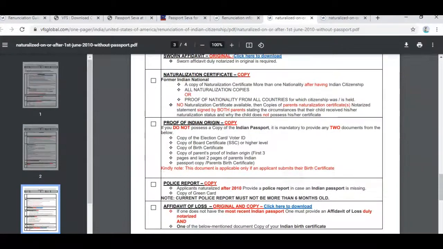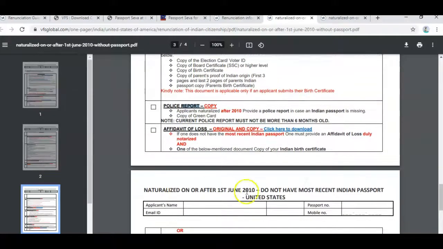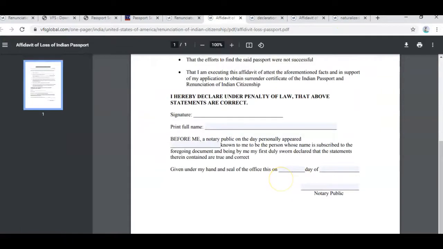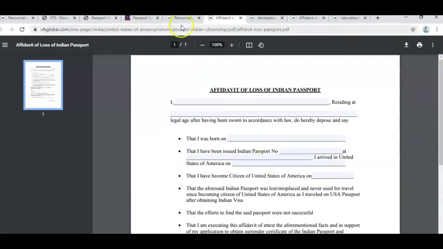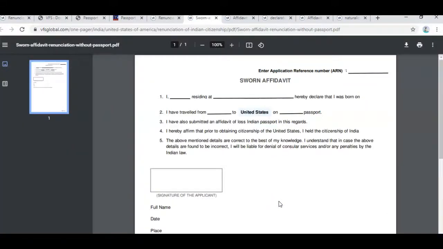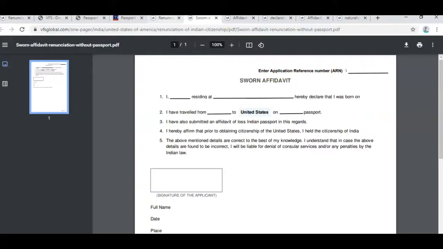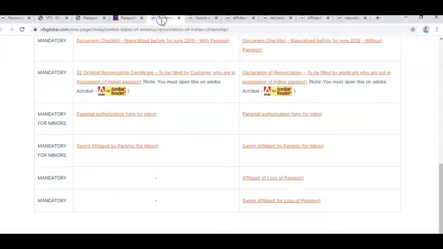Proof of Indian origin: if you have a copy of the passport, you can enclose the copy, or a birth certificate or any of the mentioned documents are required for the proof of Indian origin. Police report required. Affidavit of loss of Indian passport needs to be filled out and notarized. Sworn affidavit for loss of passport needs to be filled out and notarized in case of a lost Indian passport.